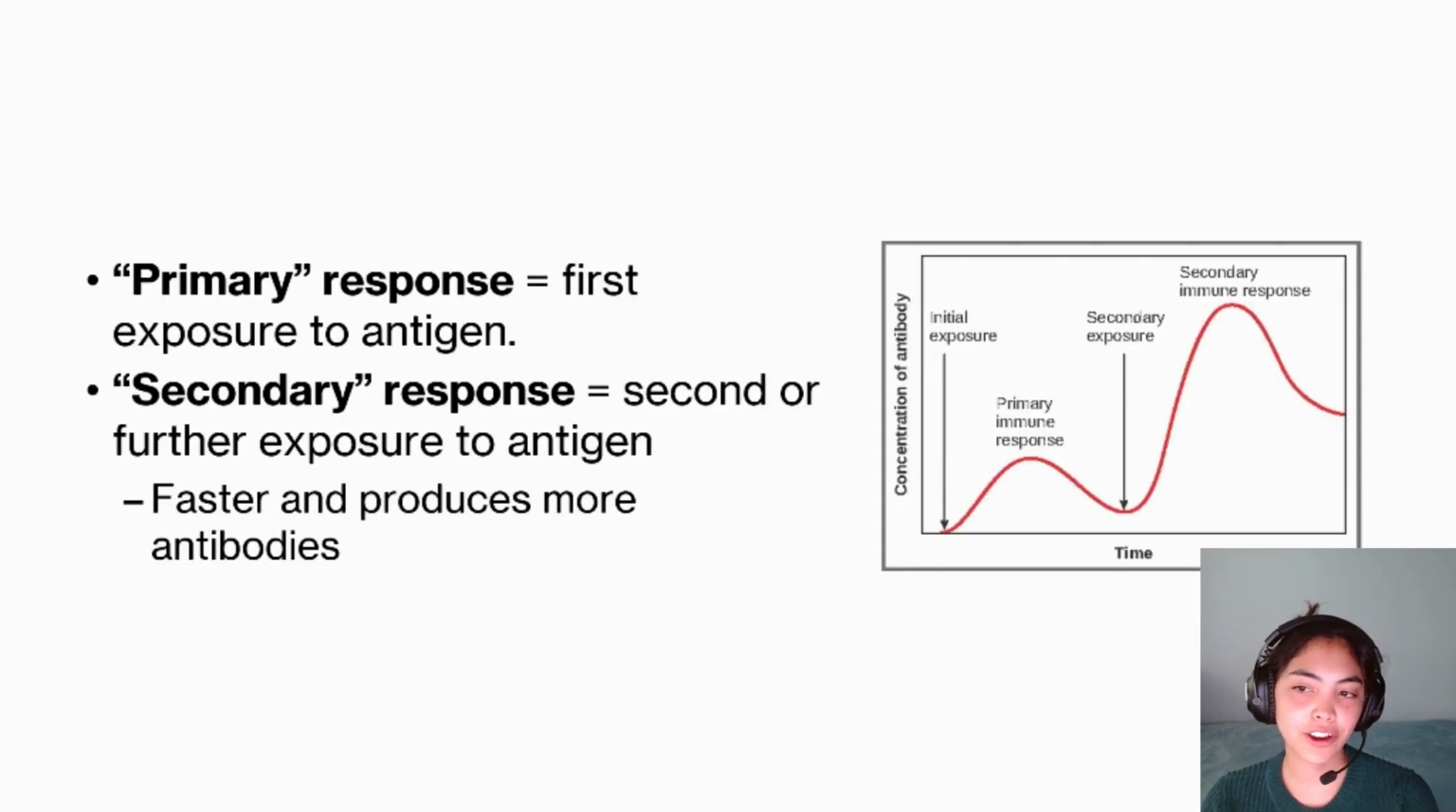Now, the reason why this is so important is because the first time we get exposed to an antigen, we call this the primary response. So, obviously, we've got our initial exposure, and then we've got our primary immune response here. So this has reached its peak, and this is where we've got an increased number of antibodies to that specific